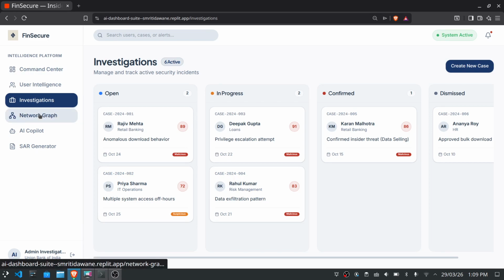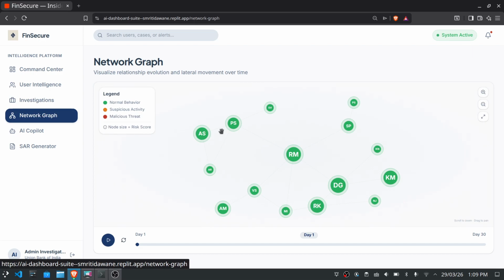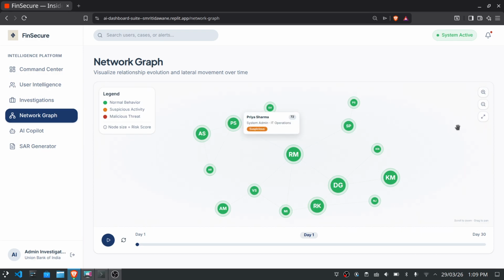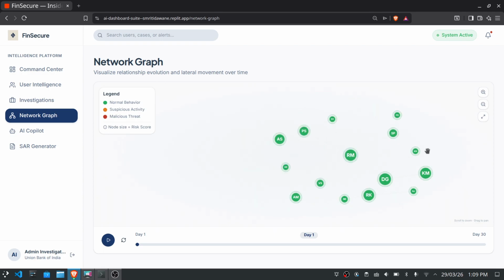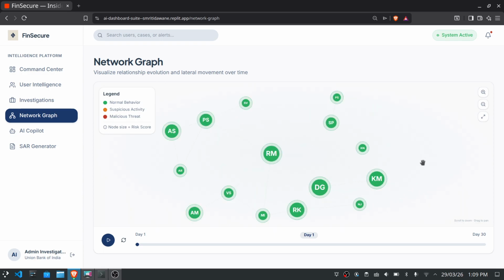Then we have the network graph, which is the feature that we are most excited about, the one that no UEBA platform currently offers in this form, which is the collusion detection graph. Each node here is an employee, and node size maps to risk score. The color shows intent: normal is green, suspicious activity is orange, and a malicious threat is red.